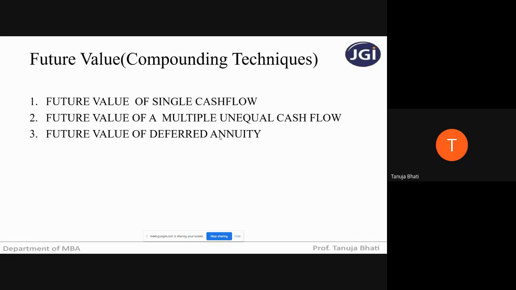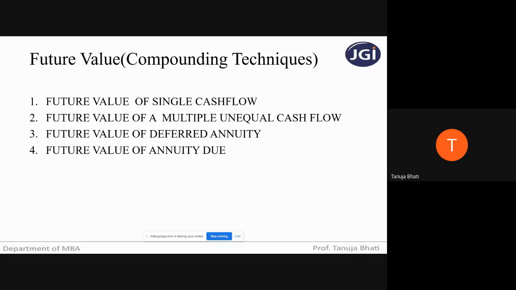So when in any problem you ascertain that it is a deferred annuity, how to calculate its future value we will be seeing in the succeeding slides. Next, future value of annuity due. Annuity due is the same as deferred annuity. The only difference is the deposits, savings, or payments happen at the beginning of the period. When I say beginning, that means beginning of the month, quarter, year, or day. There will be either an outflow or inflow of cash.